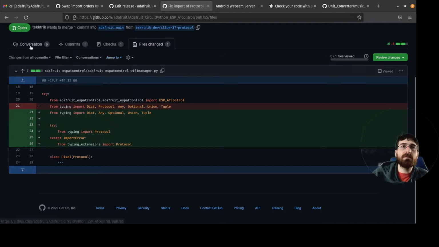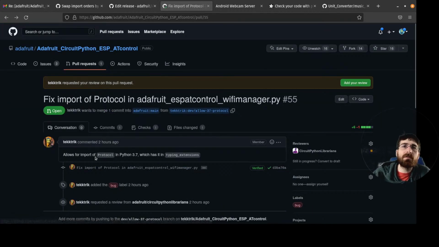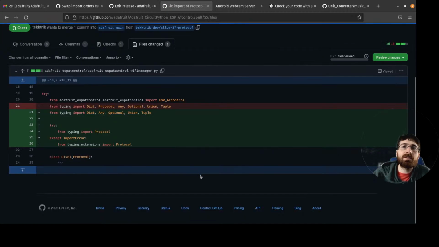So I think basically the gist of this is that it came with typing extensions, so it got moved. Try to get it from typing, which I guess would start working in 3.8. I have 3.8 actually. I was going to try and run it, but in 3.7 you could import it from this. Got removed from here and added that way.